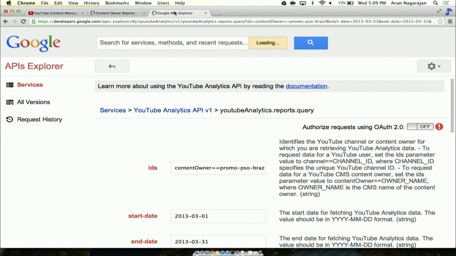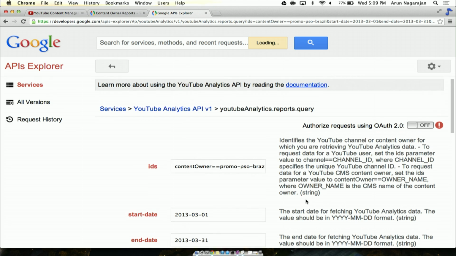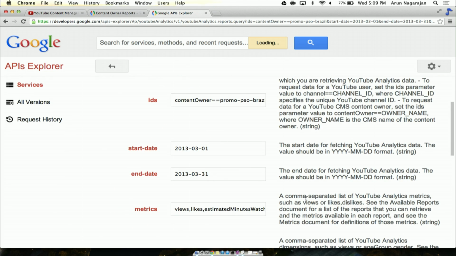This is a tool which is available for all Google APIs of the latest generation. It's really an awesome tool to explore Google APIs. You see I navigated already to our API and our method, the query method, and you immediately see the required request parameter. So IDs allows you to specify what account you want to use for the query, and the start